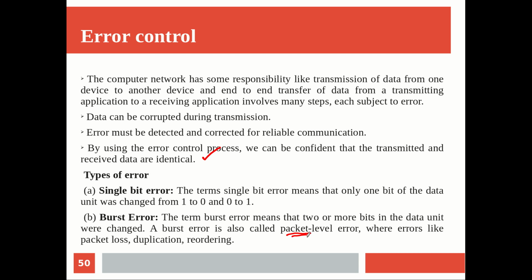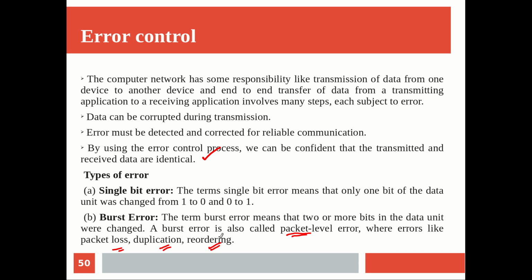So errors like packet loss, duplication, and reordering are also taken into consideration. In addition to normal error, on the way a packet may get lost, in the sense it has taken a wrong path, or it may be looping around without reaching the destination due to a problem with the routing algorithm we are using. Or duplication: sometimes we will flood the information, and the same information may be repeatedly transferred by different nodes at different points. In that case, at the receiver side more than one copy of the same message is received, and the receiver is not able to identify which is the updated or the latest one.